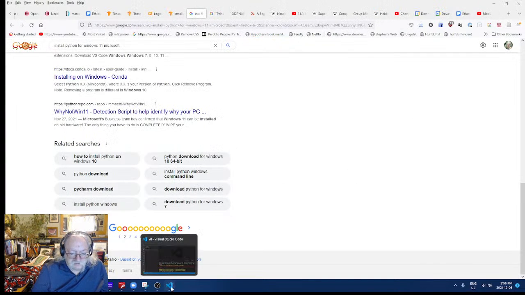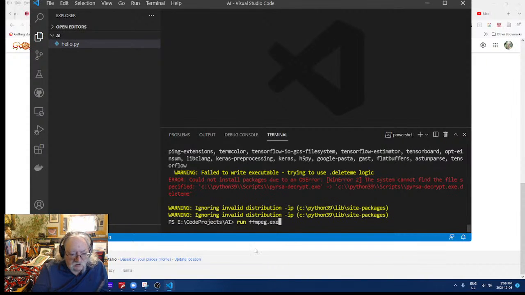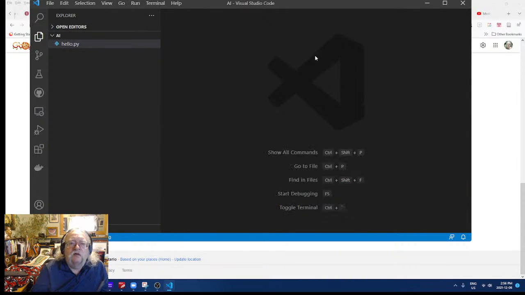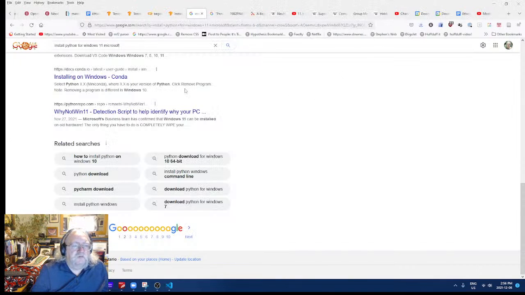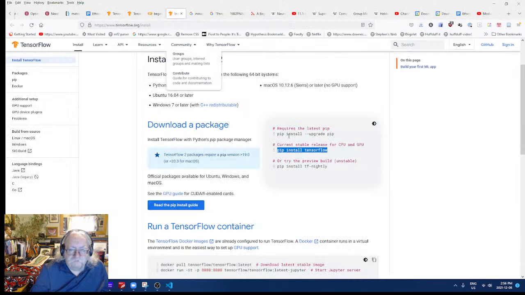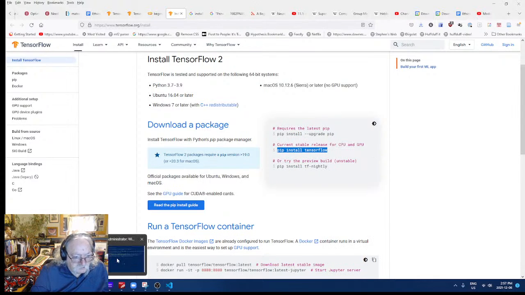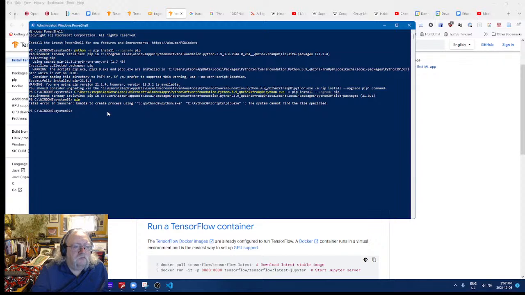All right. Let's move to the next step then, which is to try to install TensorFlow. Instead of trying to do it from this, I'll keep using that terminal. I think that might help. Okay, so pip install TensorFlow. So here I am. Oh, well.